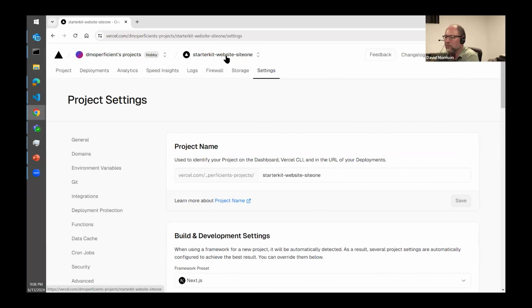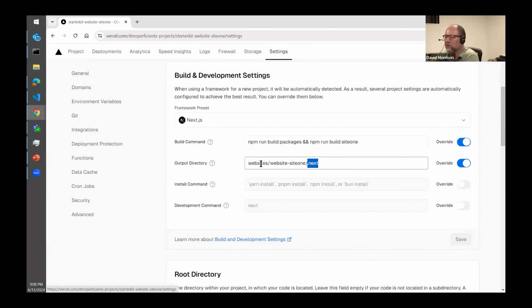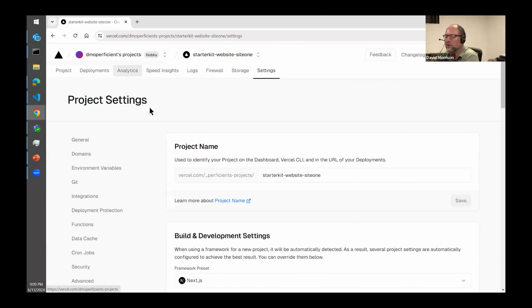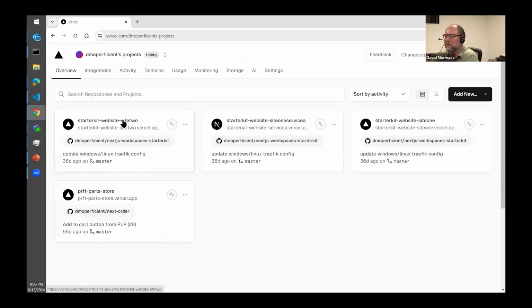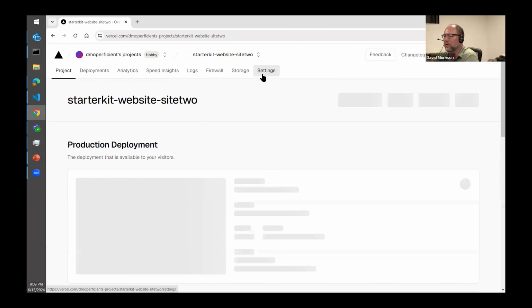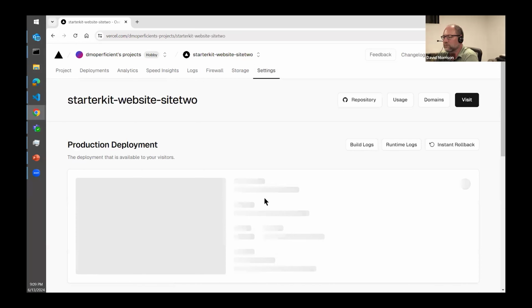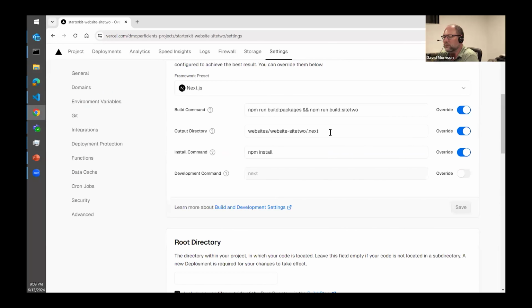For example, I'm on website site 1. I'm just going to point that project to the output directory of website site 1.next. And if I look at site 2, it's the exact same path, except I'm using the .next folder in site 2.